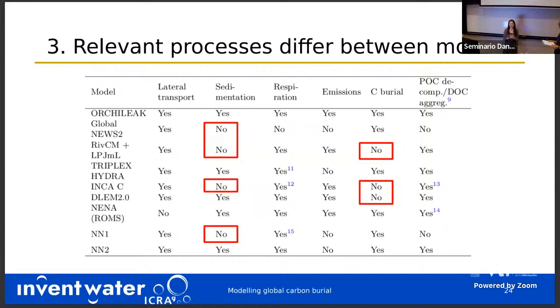I would say that burial is one of the things they are not including most of the time. Or, for example, in rivers, if they consider it, it's normally as a meter. And you know that in a meandering river, deposition is important and burial should be important. But normally they treat it just as a pipeline.